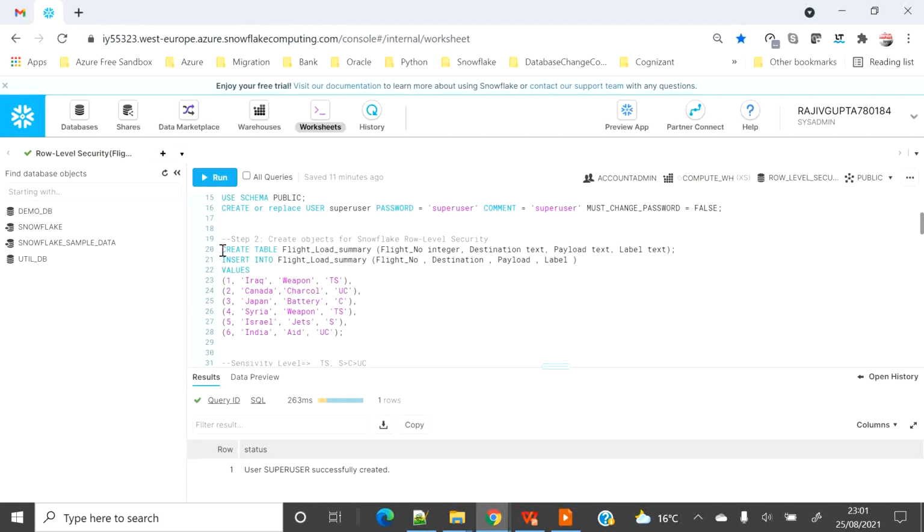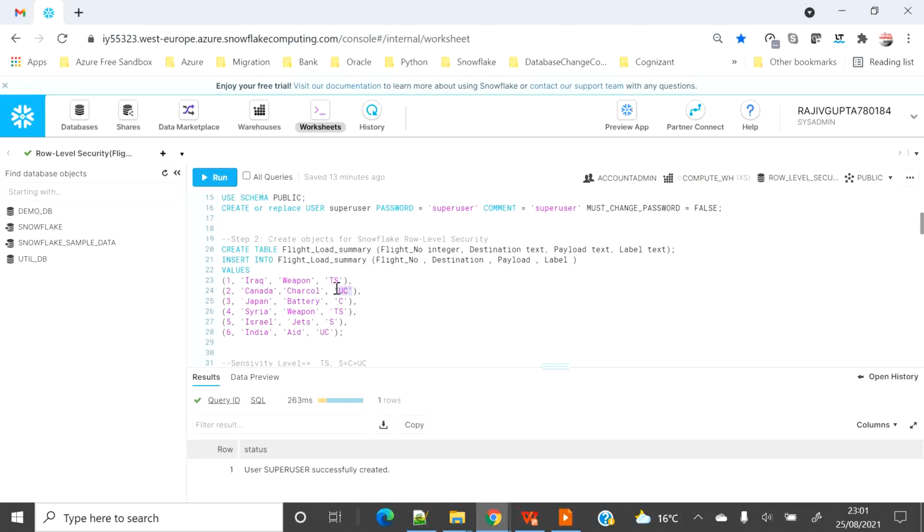If you see the current screen, I have created a fictitious table, and that table contains data like Iraq, weapon, TS, and you will see that there are different varieties of labels. These are the drivers for our access control. TS is the highest privilege level, and only a particular set of people should see it.